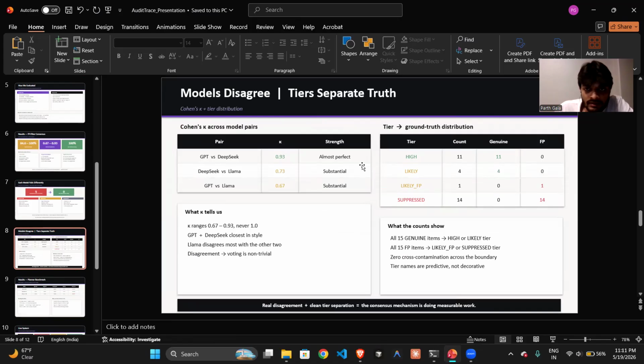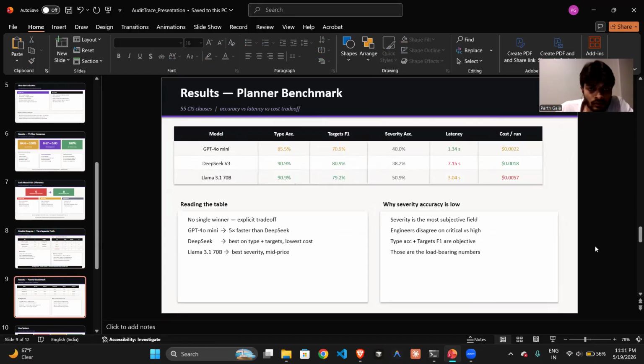And these are some statistics that we have for what we ran. I'll also show you how we are running our program. And these are the results. Finally, the target F1, the severity accuracy, latency, cost per run, and type accuracy, whether it is identifying the correct type of infrastructure error or not, whether it's correctly identifying the correct severity of the error, and the cost per